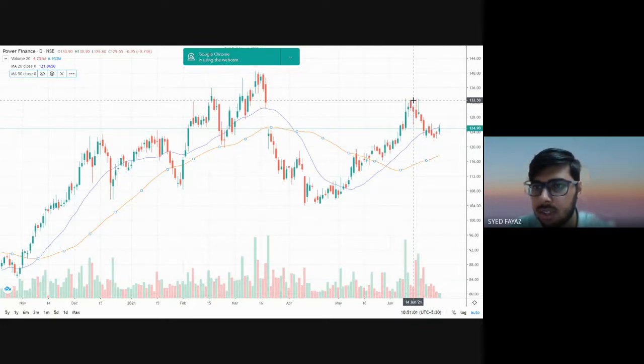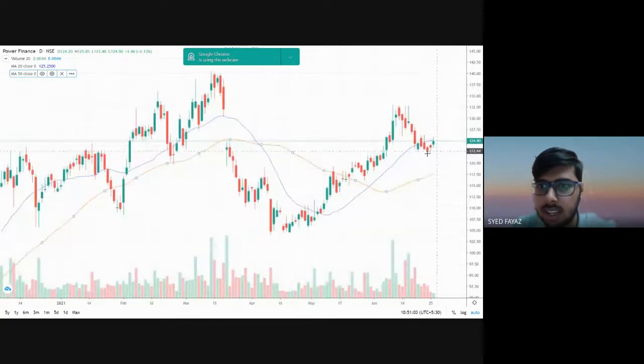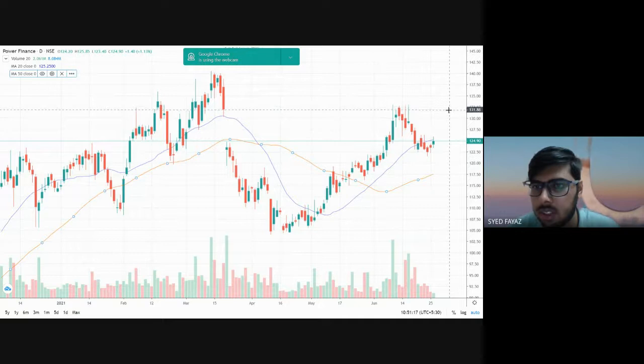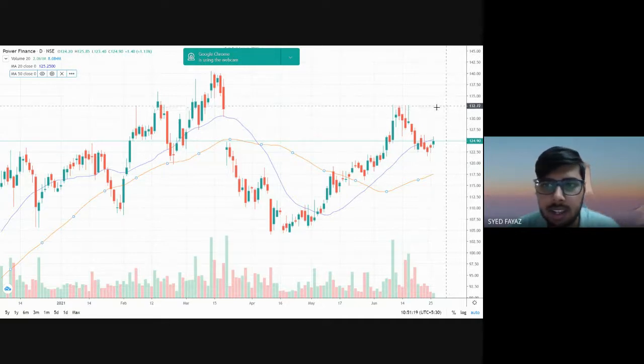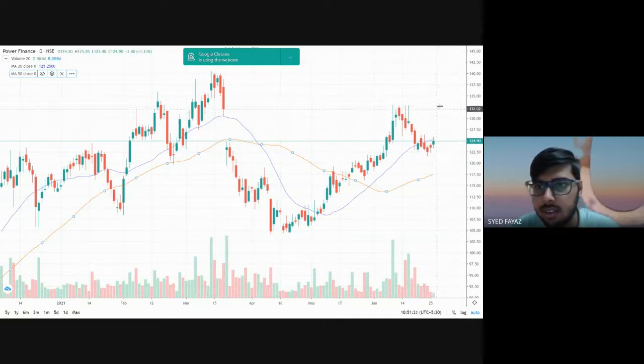Because of that, the stock price has come down, and again it is trying to cross the 20 days moving average. I would suggest that the trader can enter the trade as soon as it crosses the 20 days moving average, and he can keep a stop loss around 130 to 131 and can exit here for a short time. But as you can see here, there is somewhat of a resistance.